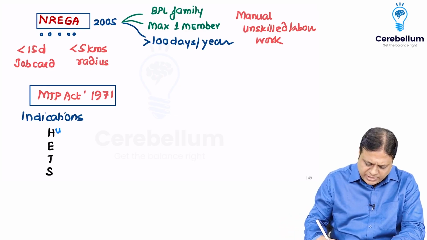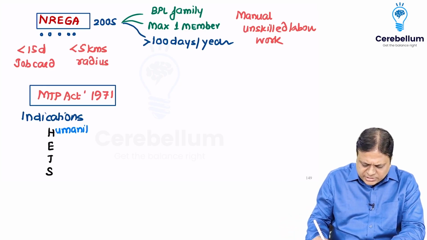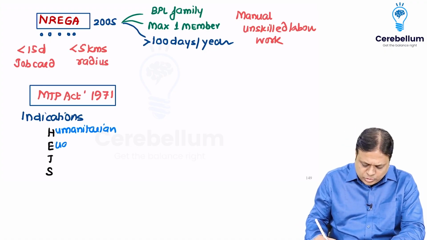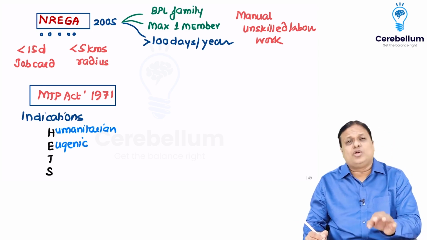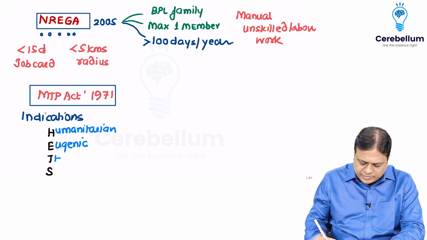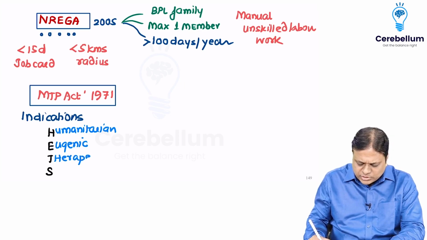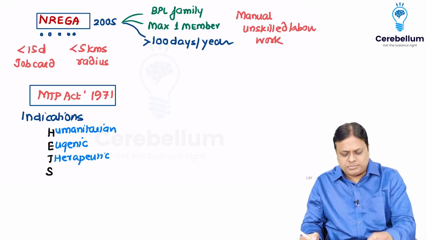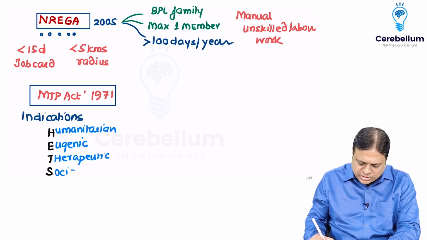This is humanitarian, if pregnancy is a result of rape or sexual assault; eugenic, any genetic anomaly in fetus; therapeutic, also known as medical indication, any risk to life of mother if she carries on with pregnancy; and social,